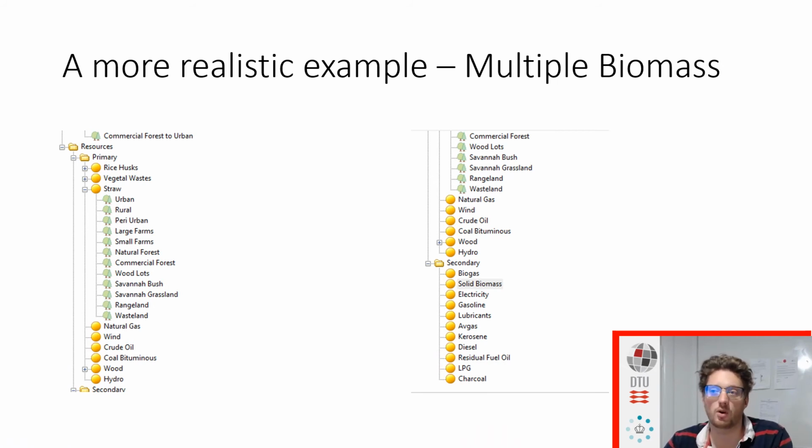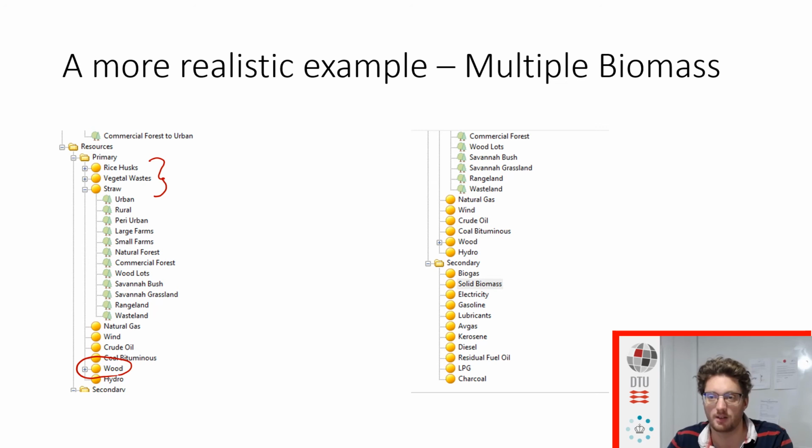If you want to go to a more realistic example, I have made one here, but I have followed the same method. I just took pictures instead. So in this case, I made a few new fuels. As you can see here, I made rice husks, vegetable waste, and straw as primary fuels that we use. So I no longer define biomass as just wood. We still have wood down here, so I didn't change that, but I wanted to look more into agricultural byproducts